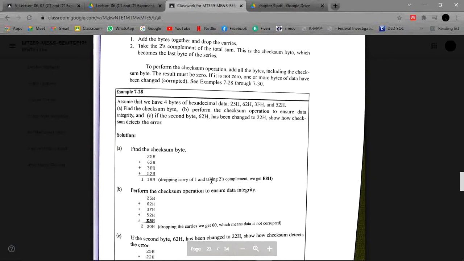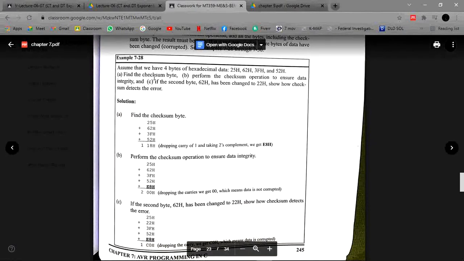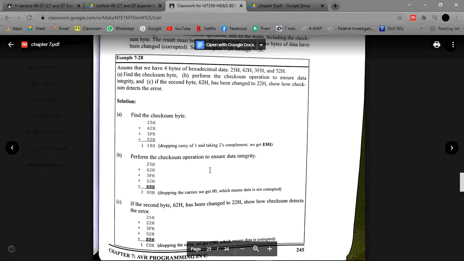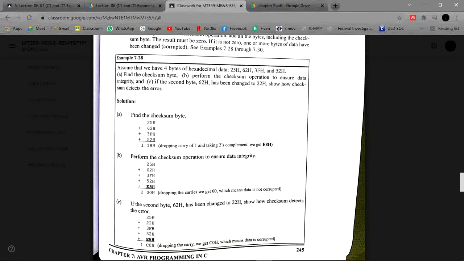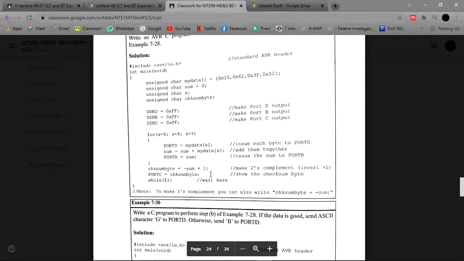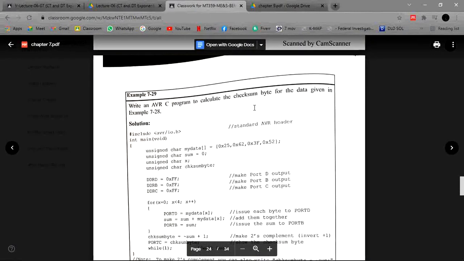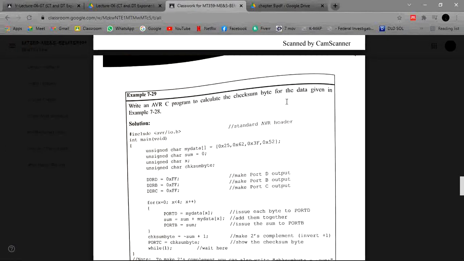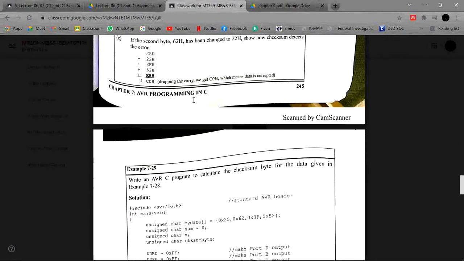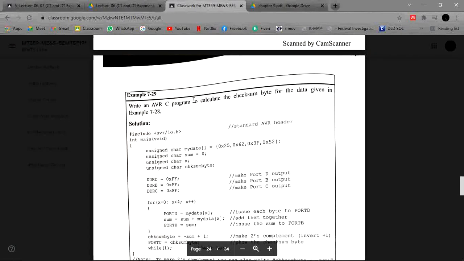Now we have to find the checksum byte. We can do this by declaring sum and carry. This is an AVR C program to calculate the checksum byte data. First we perform the calculation for the checksum operation, and then we write the AVR program.